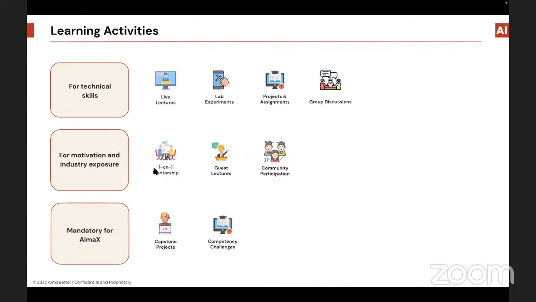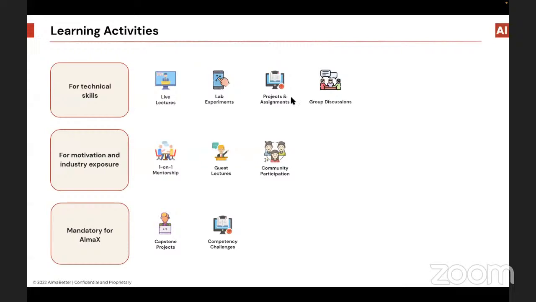They will tell you what kind of job roles you are fitting into, based upon the strengths and weaknesses that you have in this program, right? You will have mentorship sessions that you can book 1:1. You will have guest lectures, like today Vikas had with you about the machine learning part in Zomato. We have these master classes. Other than that, you will also have a lot of guest lectures just to give you the exposure of this